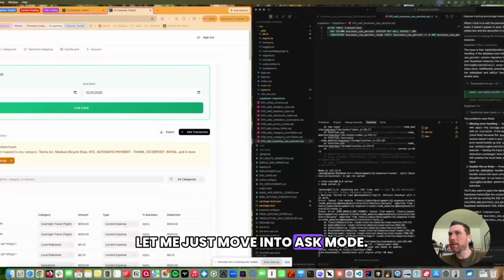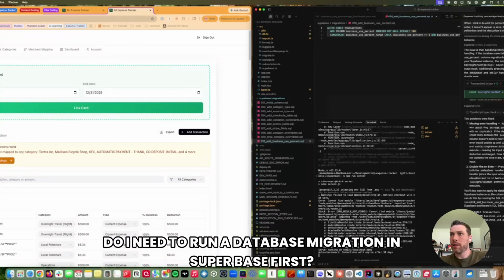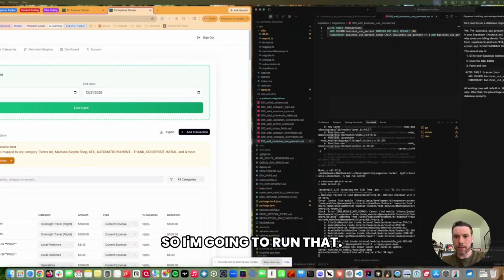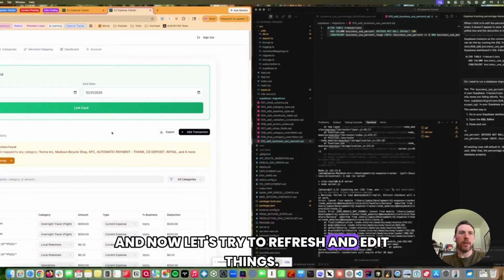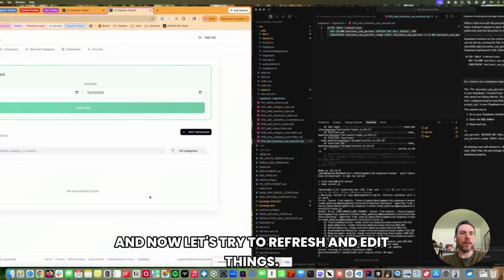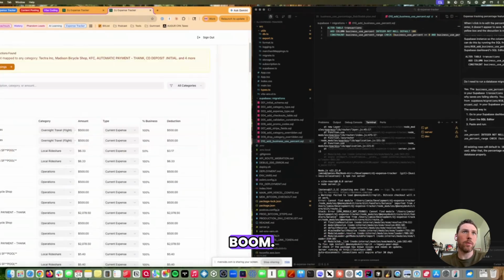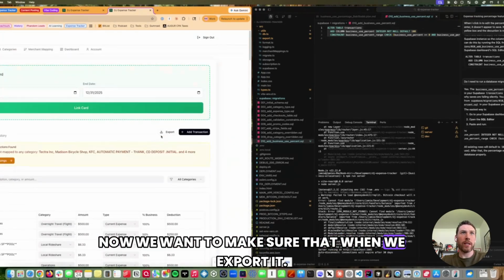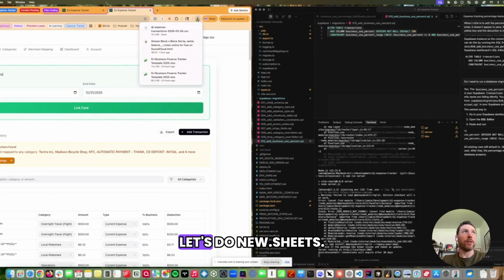Let me move into ask mode. Do I need to run a database migration in Supabase first? So I'm going to run that. Okay, now I did that, and now let's try to refresh and edit things. Boom, awesome. Now we want to make sure that when we export it, it actually saves. So let's do